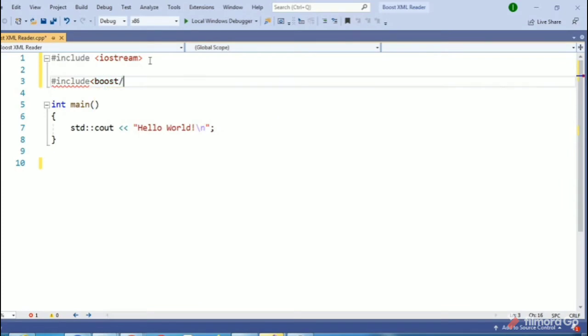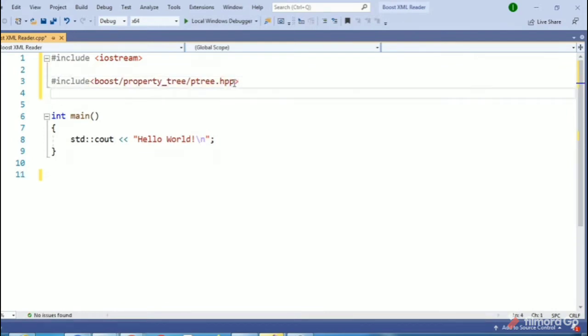First we will need to include Boost property tree, and then you have to use ptree.hpp. First let's select x64 here. So you have added this header file.